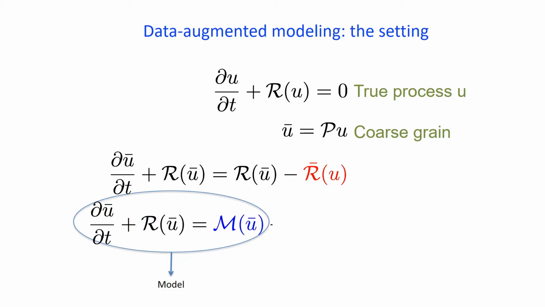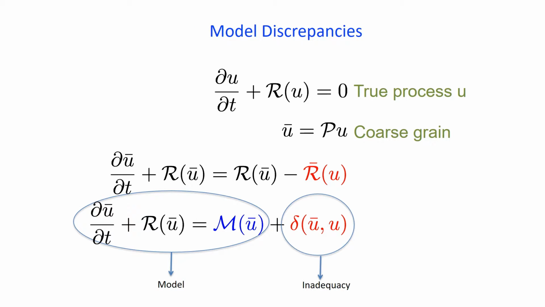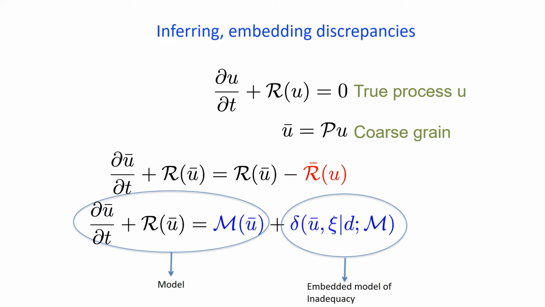because it's nonlinear. So typically we end up with this type of approximation where you have a model for parts of the term, right? So the exchange correlation function again is one such model, right? But of course, there is always a model inadequacy term that is left over because this is never quite accurate for many complex problems. So in a nutshell, some of the techniques that we're doing is to inform the model